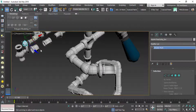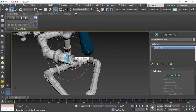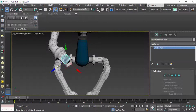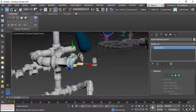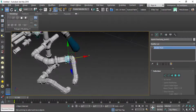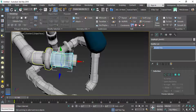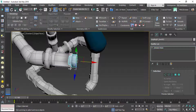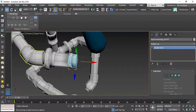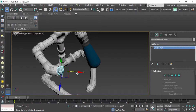And use this square head block. Copy that and put it in here. And this is the hand. If we want to make it shorter, we can delete these elements here and use this head plug in the 45-degree elbow. This makes the hand shorter, and I want to make it shorter, so I will delete them and